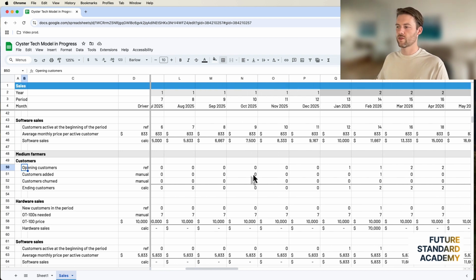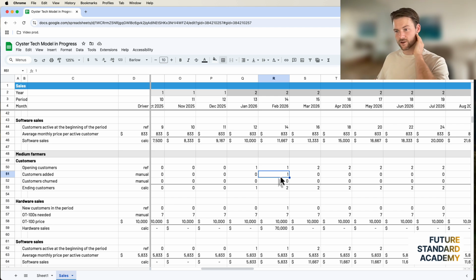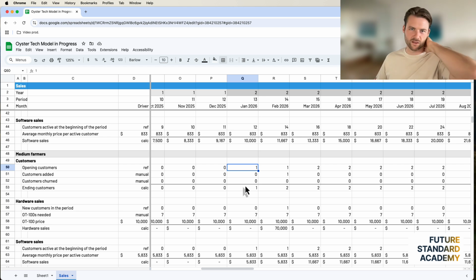So that we're not just throwing stuff at the wall and seeing what sticks. So for instance, this first customer added for the medium farmer is going to be that pilot customer that Oyster Tech has. So that's got some business logic behind it. And the reason that matters is that if you're going to be talking to an investor, you need to be able to tell them why this number is there, right? You can't just say, well, we're going to get 10 customers in the second year. It's like, how, right? So that's going to be Hume, which is the pilot.